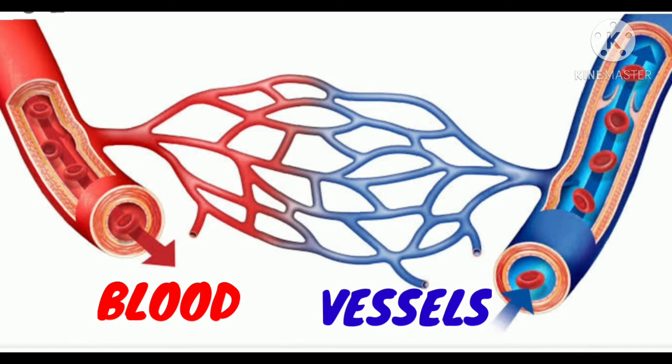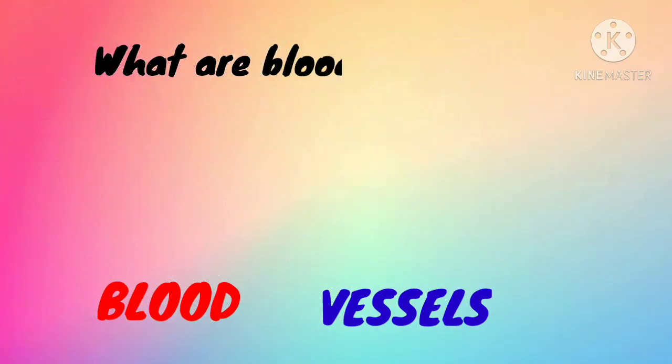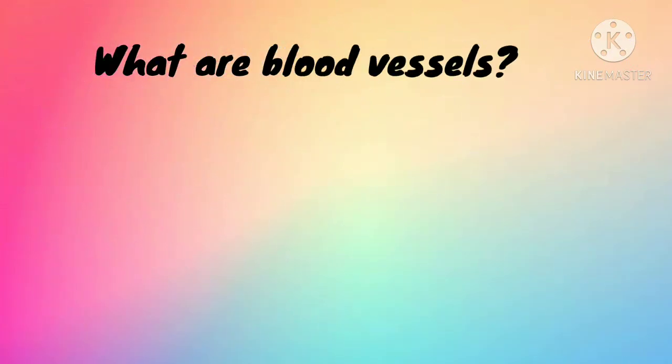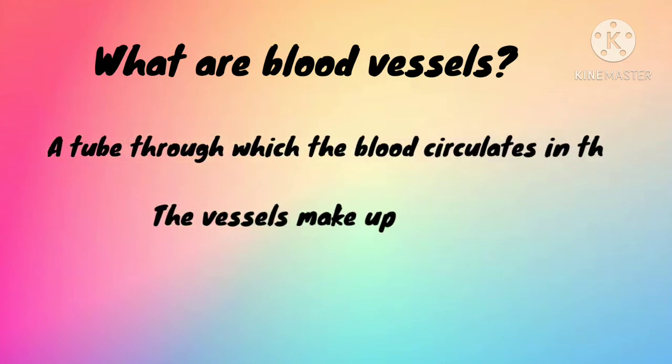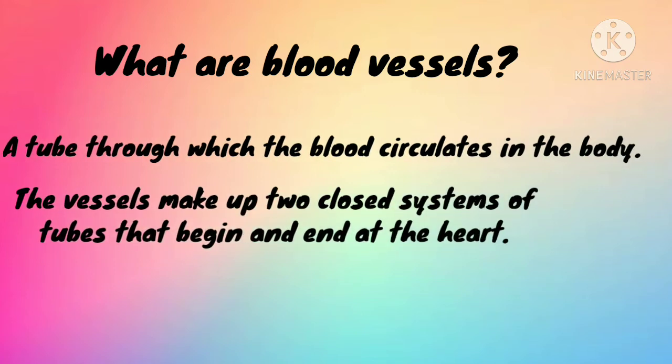In our previous video, we had talked about the blood. We have seen that the blood was a liquid which flows in our body from the heart to the different parts of the body, carrying nutrients, oxygen and waste materials, etc. So where does this blood flow in, right? If the blood is the only transport system in our body which carries all these essential materials, how does this blood flow, and how does it reach each and every part of our body? Is it suspended in our body?